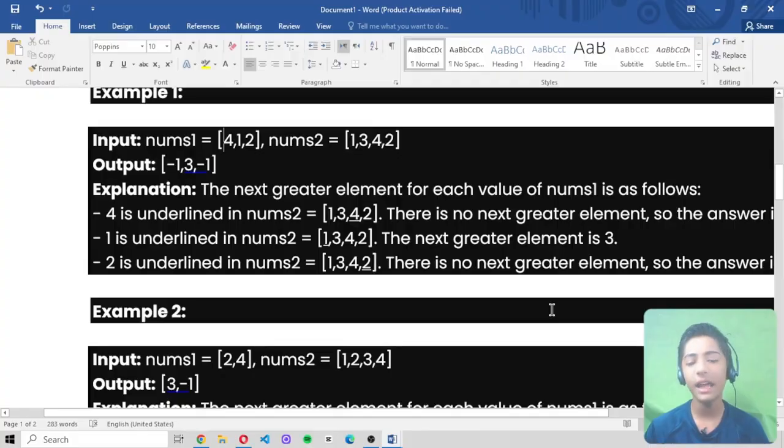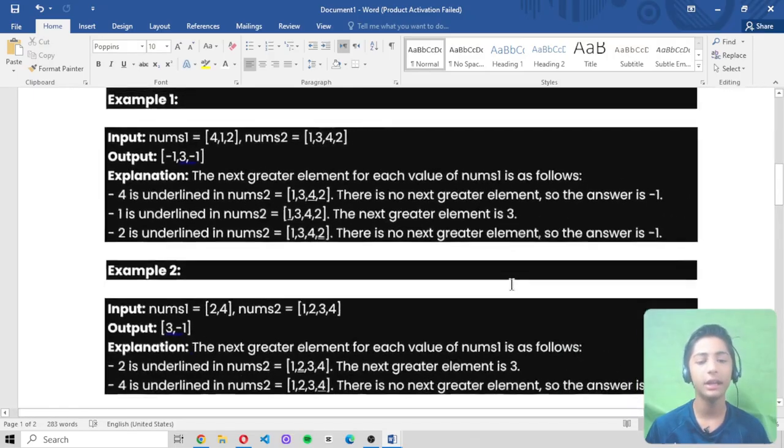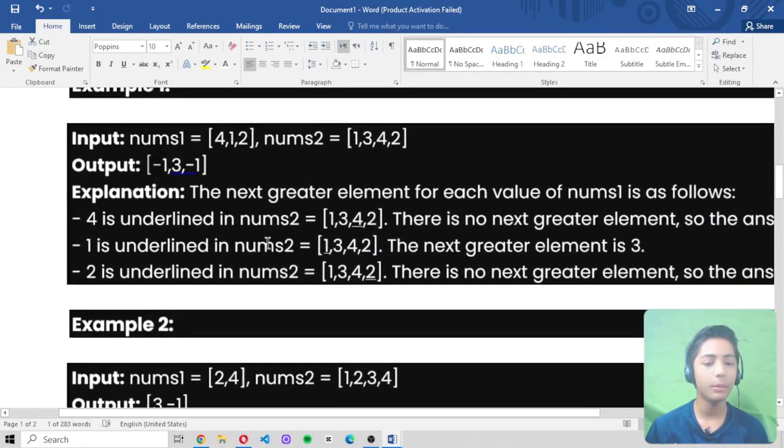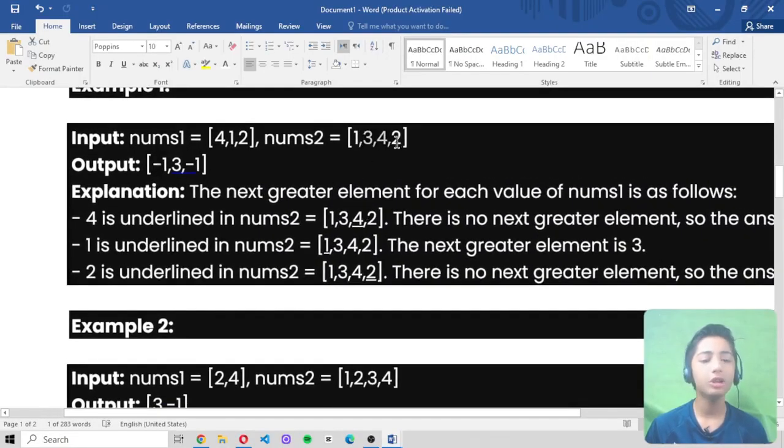Because the next greater element for each value of nums1 is as follows. 4 is underlined in nums2 [1, 3, 4, 2]. There is no next greater element, so the answer is -1. So that's why the output is -1, because there is not any greater element.